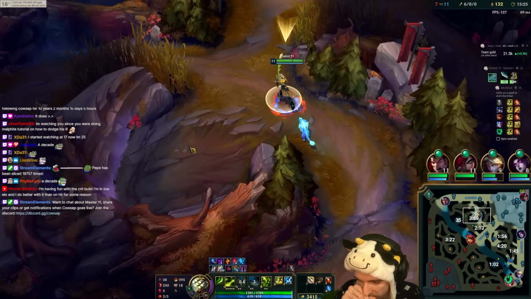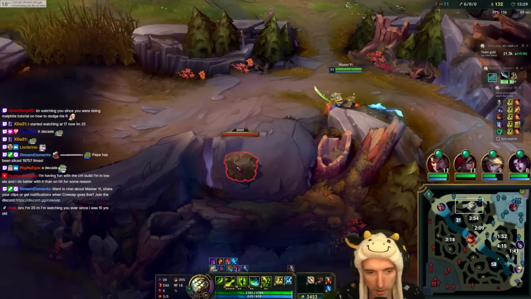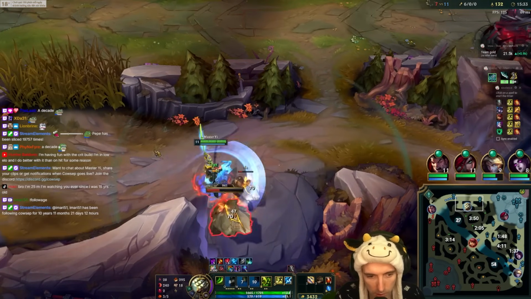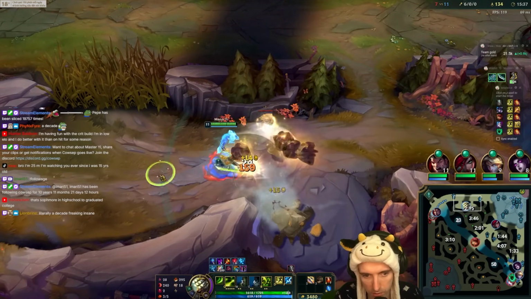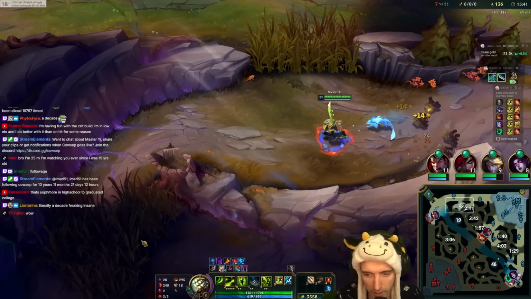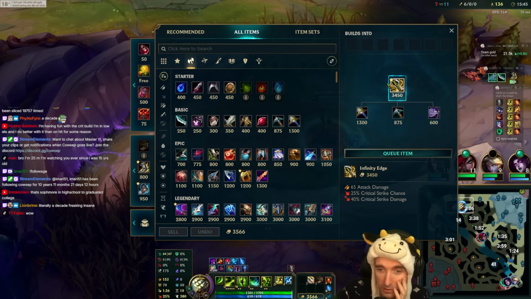All right, up and over. If you're having fun with crit build in low elo, you do better with it than on hit. I think, in my opinion, you can just go more Rambo and balls to the wall with crit. On hit requires you to stack Guinsoos and have better positioning. Crit in low elo anyway. I think at higher elo, crit needs more positioning. But in low elo, yeah, you just really...